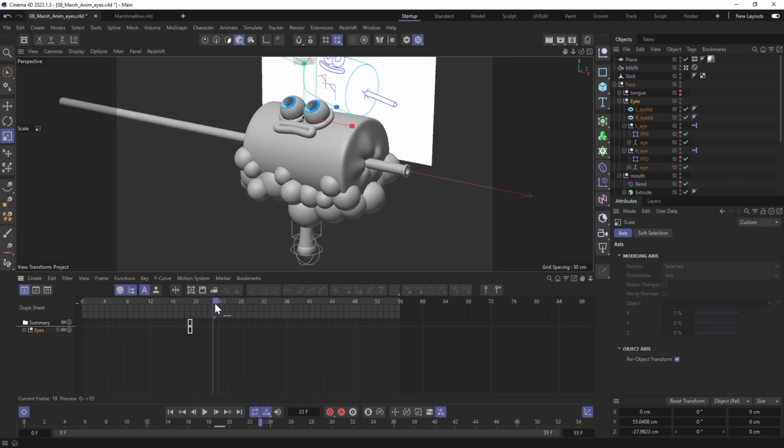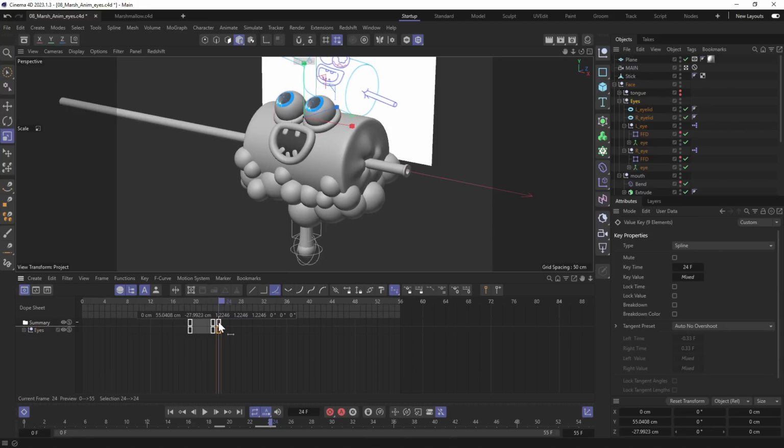While the tension of the lips grows, I want the eyes to get smaller and smaller before they blow up. So I'll set the time slider to frame 23 and scale it down a bit. Then set a keyframe. Then in 24th, they will blow up. Scale it up and set a keyframe. Also duplicate the frame 24 to the point where the corners of the mouth goes down. In my case, this is the frame 28. And in this frame, I'm gonna make it a bit smaller.